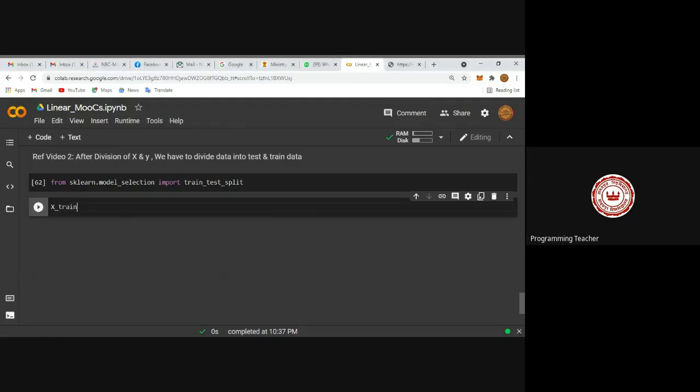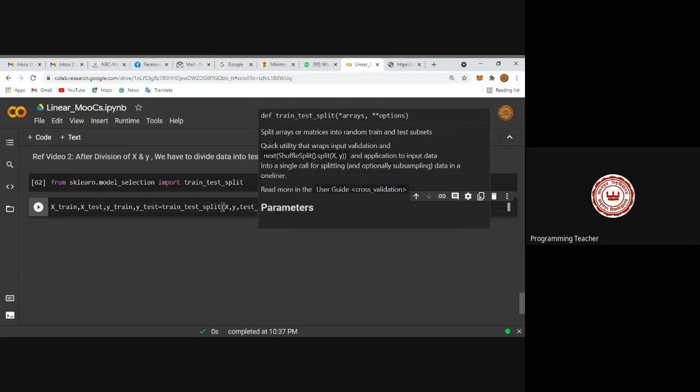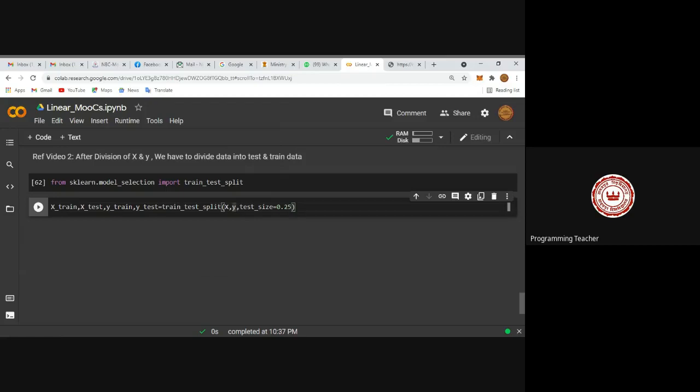Xtrain, comma xtest. X was in caps, so you have to write caps only here. Then as usual, ytrain, comma ytest equal to train test split. Whatever you uploaded in line number 62, put x comma y, then test underscore size equal to any percentage.